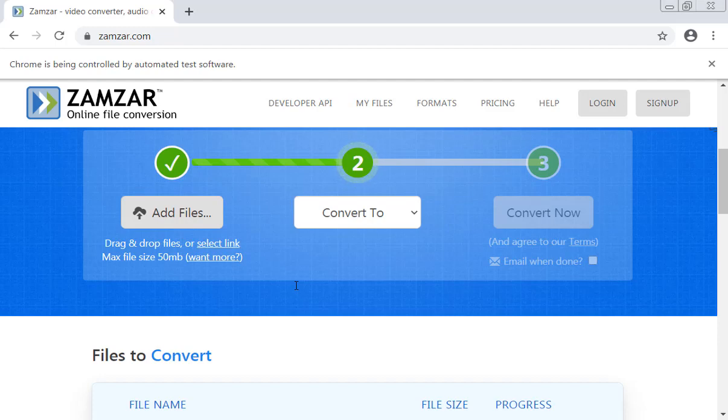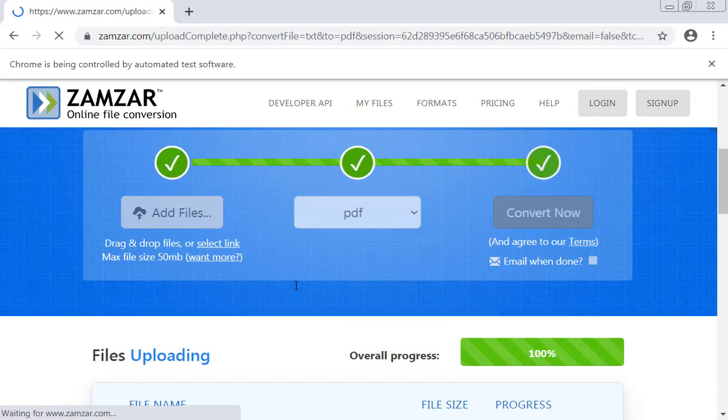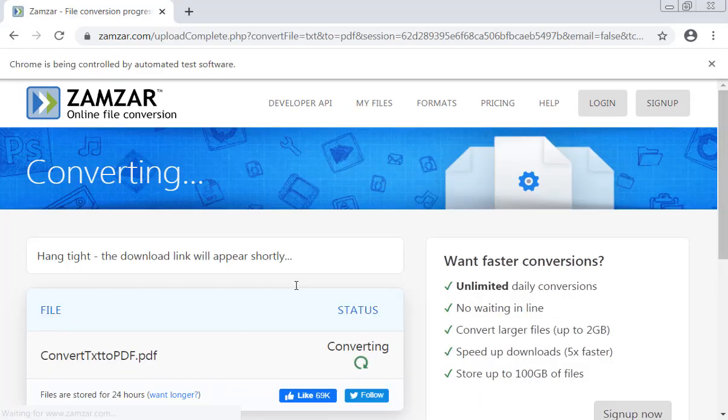It will be converted into PDF. So the file is getting converted to PDF now. It clicks on convert now. It waits for a few seconds now. Now the message will be displayed all done after a few seconds.